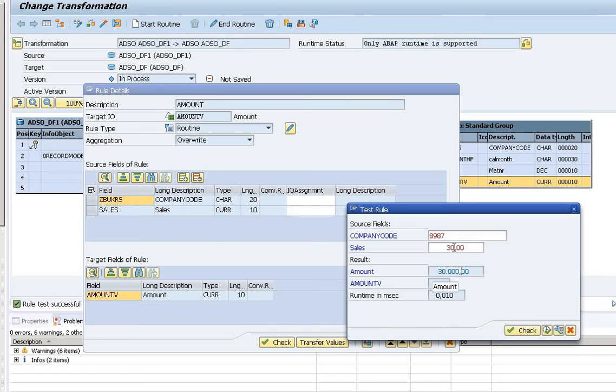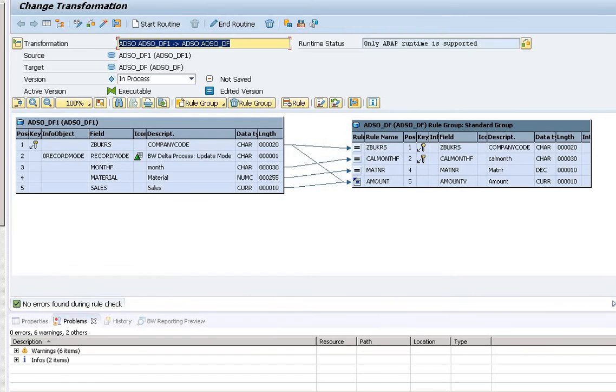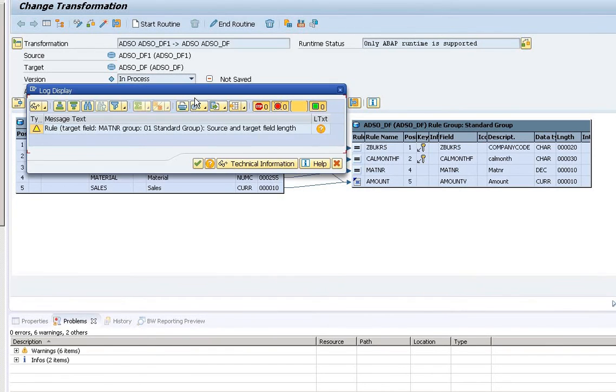And we can see this 30 is multiplied with 1000, so 30,000. So it works fine. So we can now just simply leave it. So now we can activate from here.